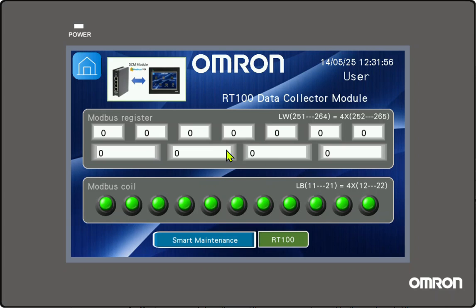And here you can change the data of this internal memory, which will be read by RT1, or also change the coils.